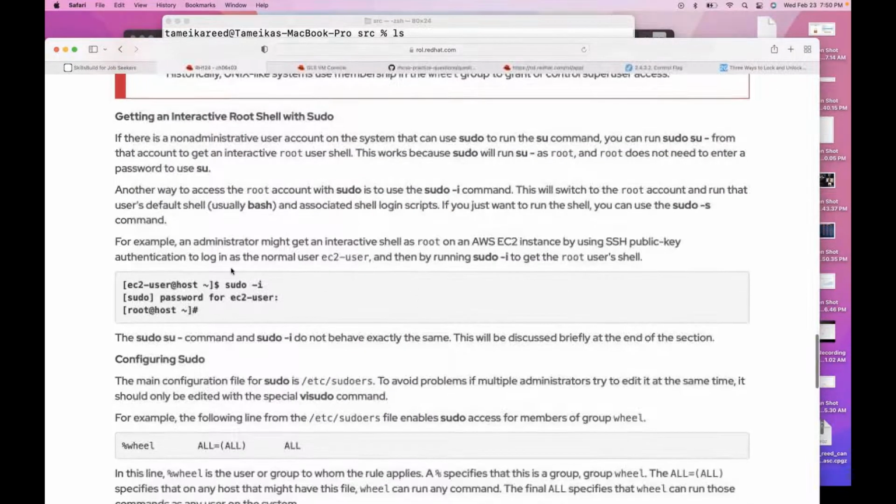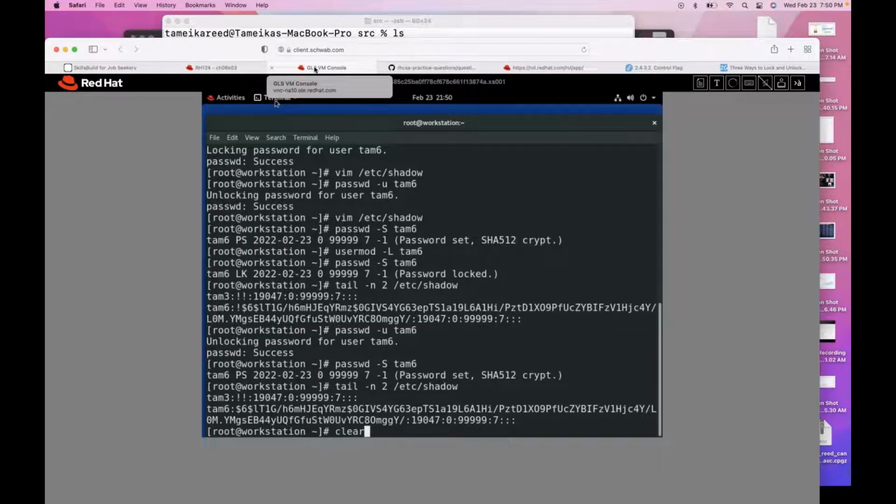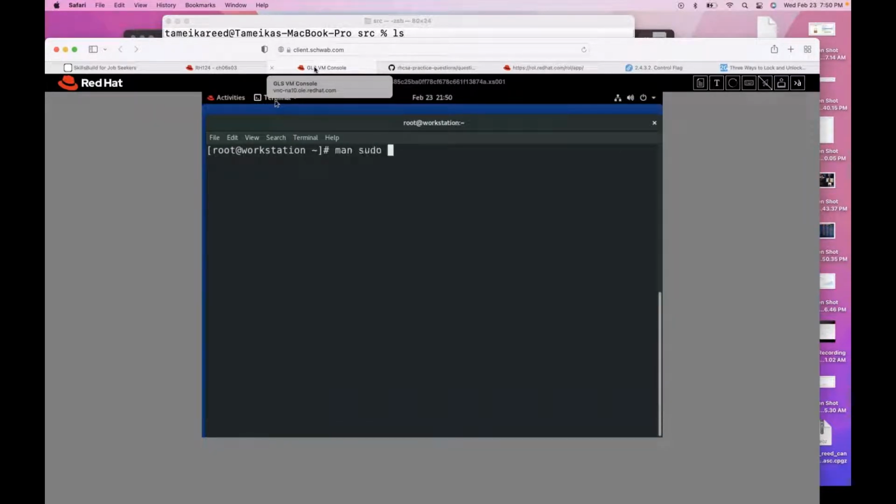Now we're talking about getting interactive, right? So when you pass the dash I, it makes it interactive. So if I did a clear and then a man on sudo,